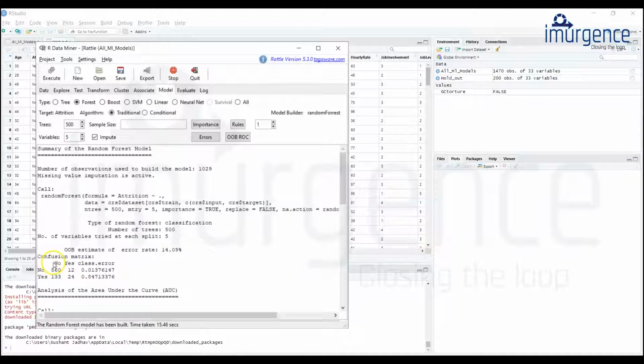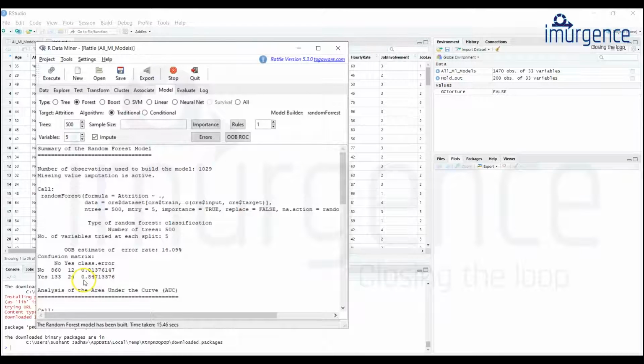Now you can see the confusion matrix over here. So the no's have been properly classified as no, 860 elements like that. The yes has been properly classified, 24 like that, and these are the misclassification. The 12 over here and the 133 over here.